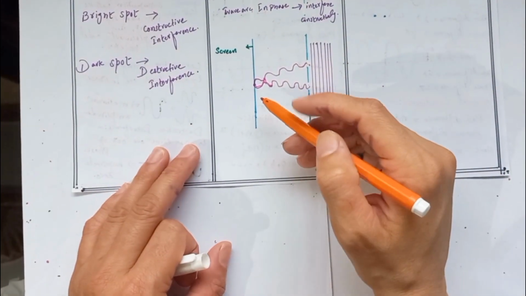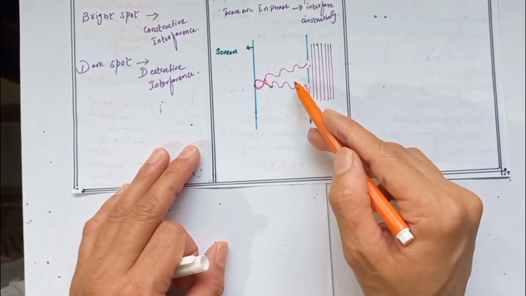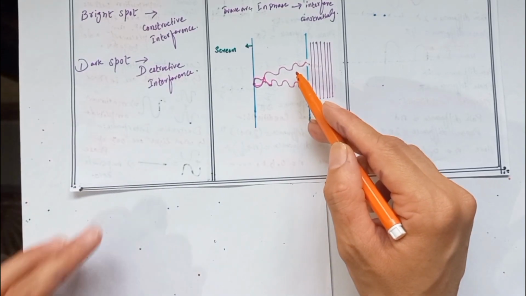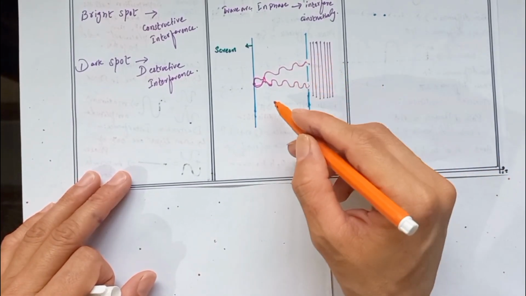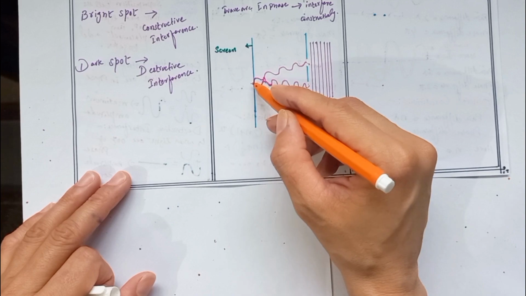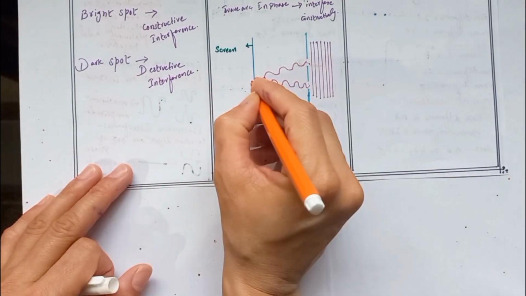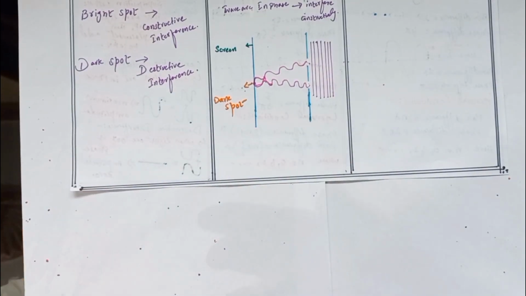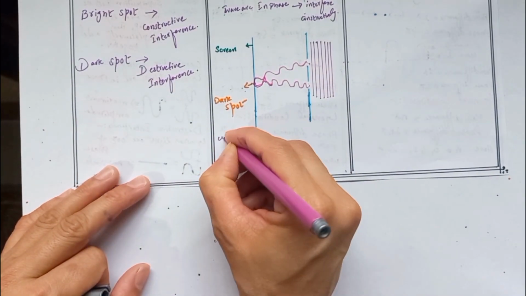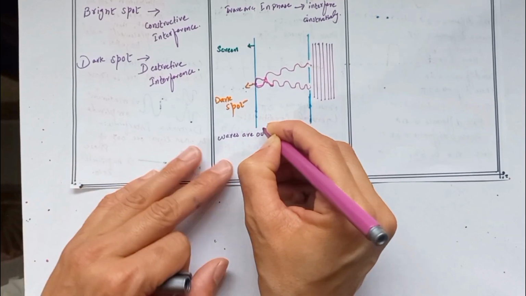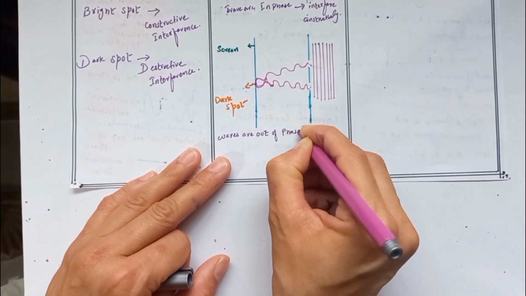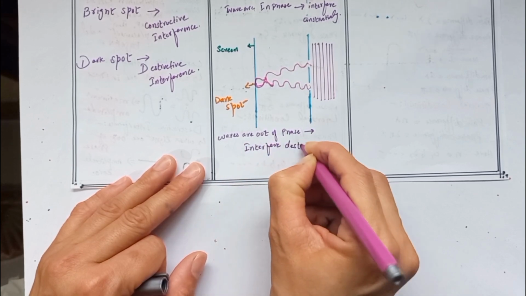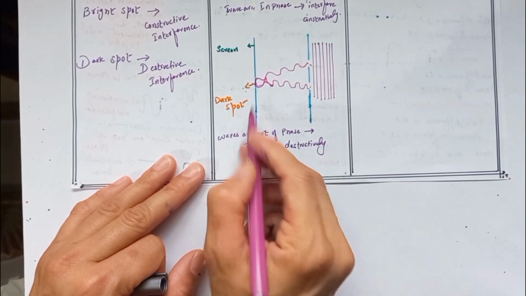Now let's pick another location on the screen. Consider the two waves coming out of the slits, where one of the waves is out of phase, by one half of a wave. When the waves meet on the screen, they will interfere destructively, which means they will make a dark spot on the screen. So when the waves are out of phase, they interfere destructively and make a dark spot on the screen.